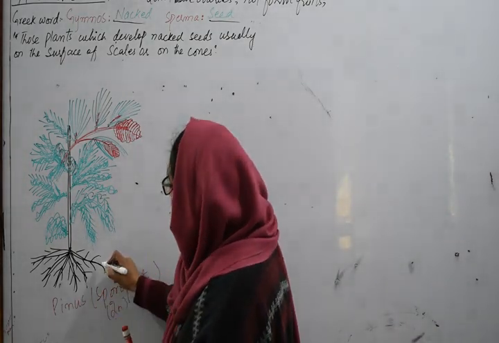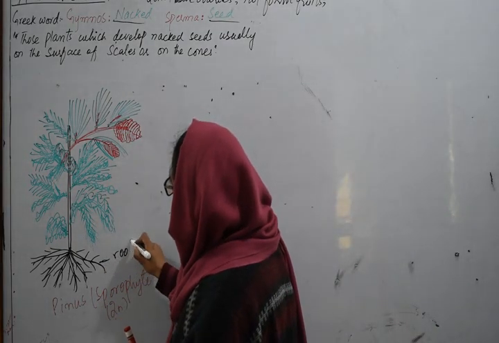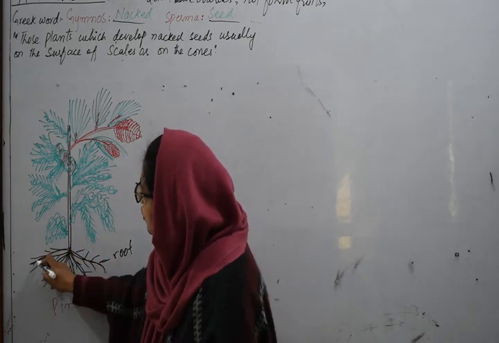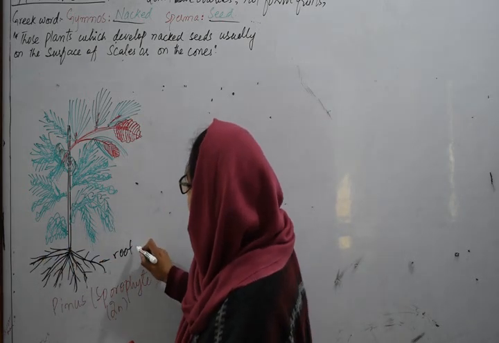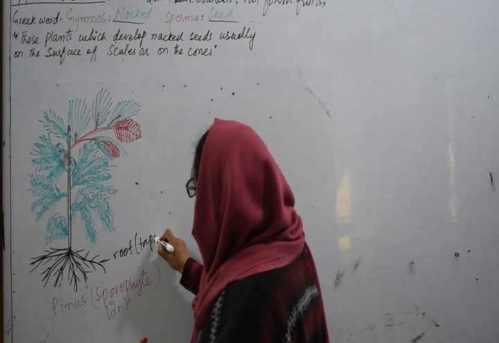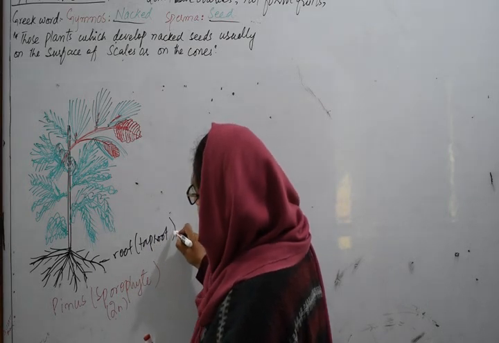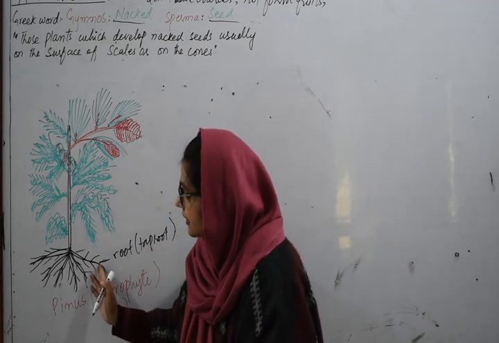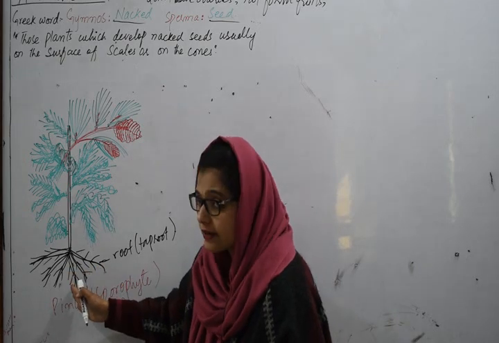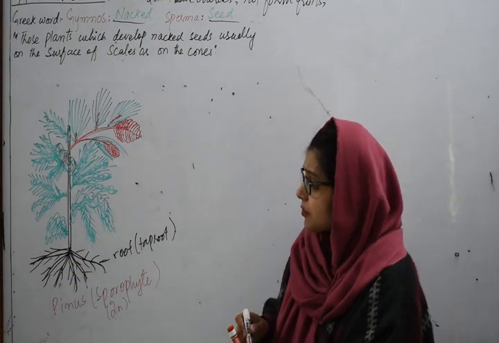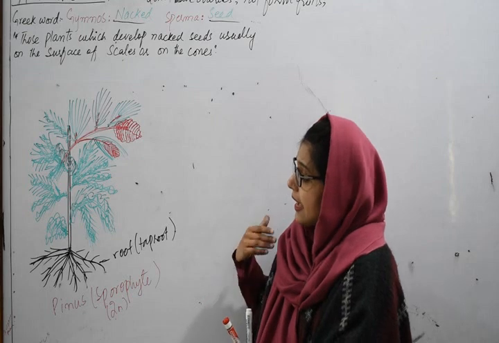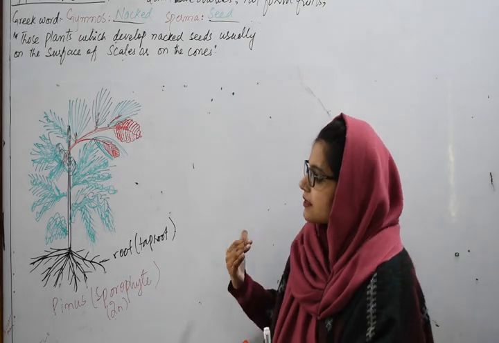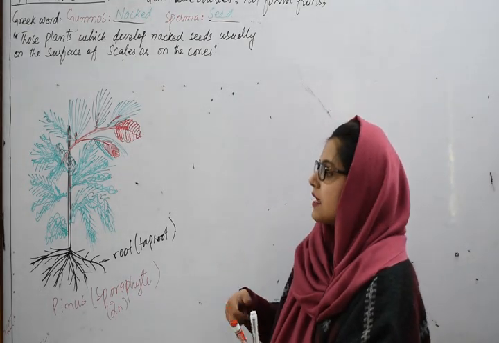parts, that is the roots. You can see here that the main root system is called the taproot. With this taproot there are many extensions, or hair-like structures, with which fungi can form the mycorrhizal association, and the mycorrhiza is very important as it gives the plant protection against pathogens.